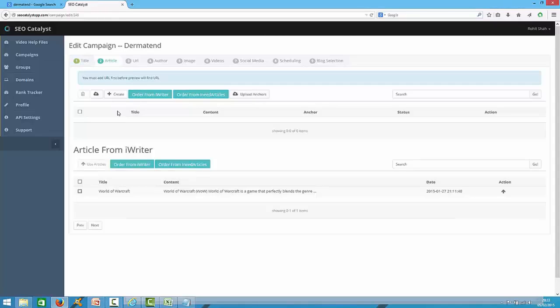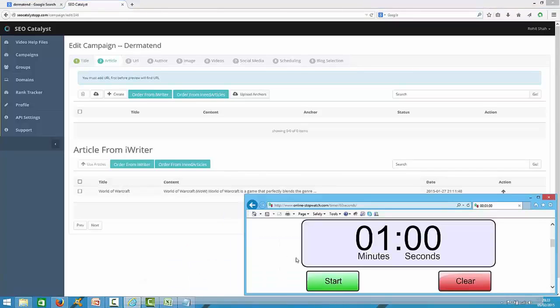Alright, my friends, so what I'm going to do now is set the timer, and I'm just going to literally go through this as fast as I can. Then I'm going to get to the end, the timer will obviously be done, and then I'm going to go back and explain what I've done and what's happened and show you what this is doing, and then we're going to post the campaign live, and then I'm going to show you the results of what it's just done. Okay, my friends,